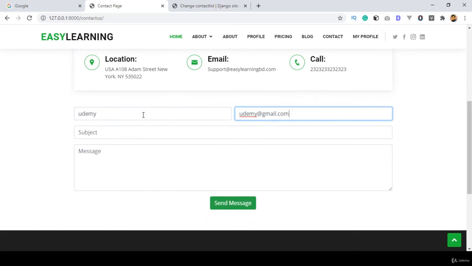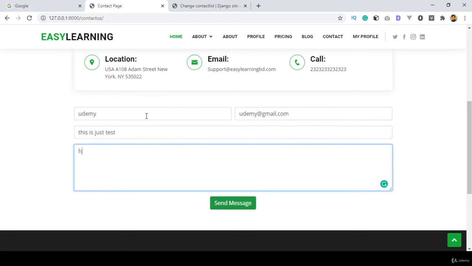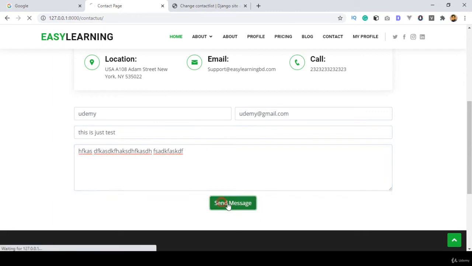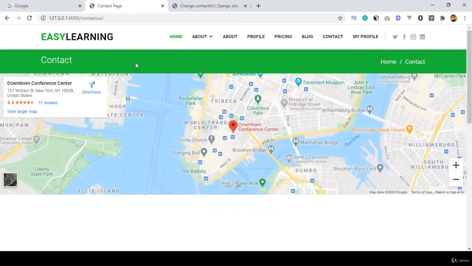And I put some of the subject. This is just a test, and I put some of the message. Okay, so this is the message I put in right now. And after that, if you click send message, now you can see if you go to